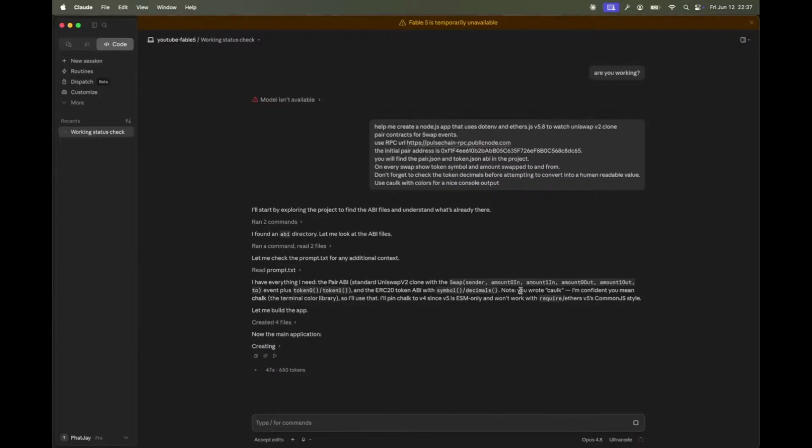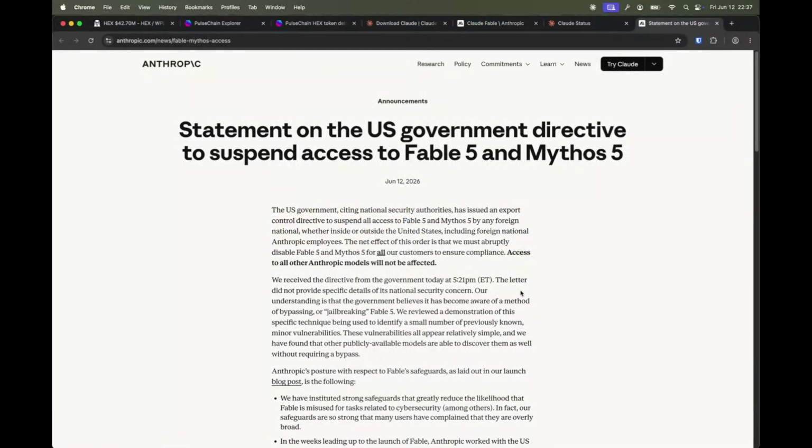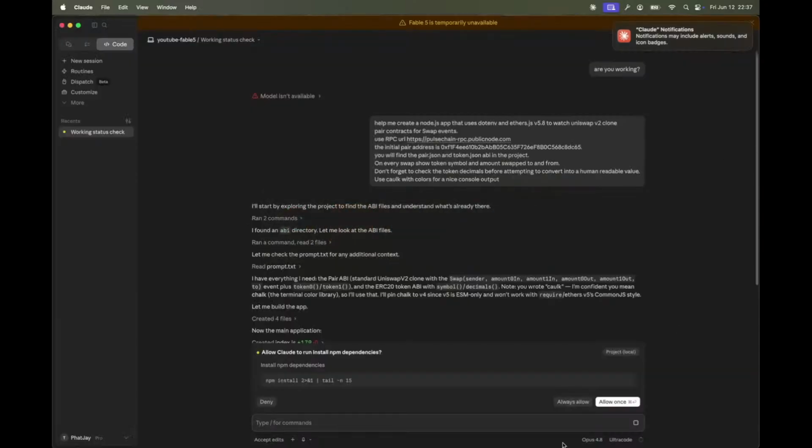So we have pivoted for the moment to use Opus 4.8 in the Ultra Code mode, which should give it its smartest opportunity to perform. And Opus 4.8 is a great LLM. I was just going to ride the hype train of the whole brand new Fable 5 model there, and what? Nope, it's already running. So now it's going to install the dependencies, and then what you can do here, since we